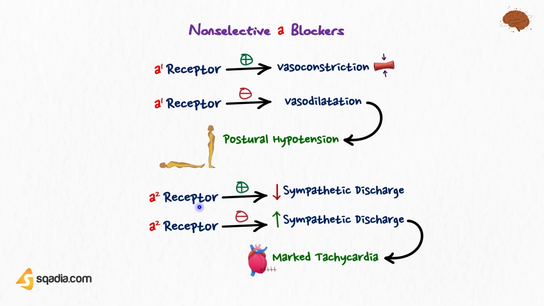Now, what happens when the alpha-2 receptors are blocked? They increase the sympathetic discharge, which promotes marked tachycardia. Tachycardia refers to a fast resting heart rate: the heart is in the resting state, but it is beating over 100 beats per minute in adults. Some people have no symptoms, but they may notice palpitations, lightheadedness, and other changes. So we already discussed that blocking alpha-2 receptors promotes marked tachycardia. Next is